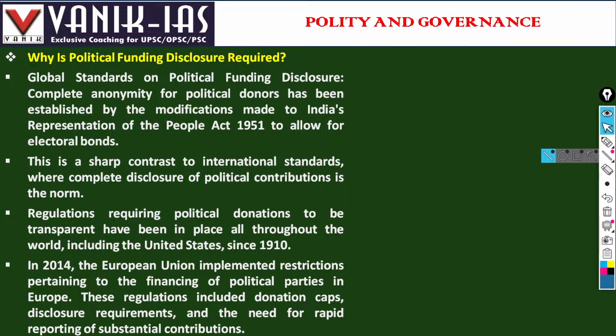This is the international standard where complete disclosure of political contributions is the norm, but in India it is not. Regulations requiring political donations to be transparent have been in place all through the world, including the United States, since 1910. In 2014, the European Union implemented restrictions pertaining to financing of political parties in Europe. These regulations included donation caps, disclosure requirements, and the need for rapid reporting of substantial contributions,